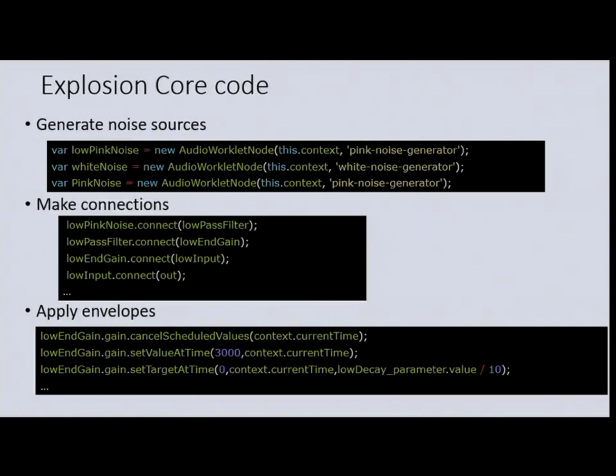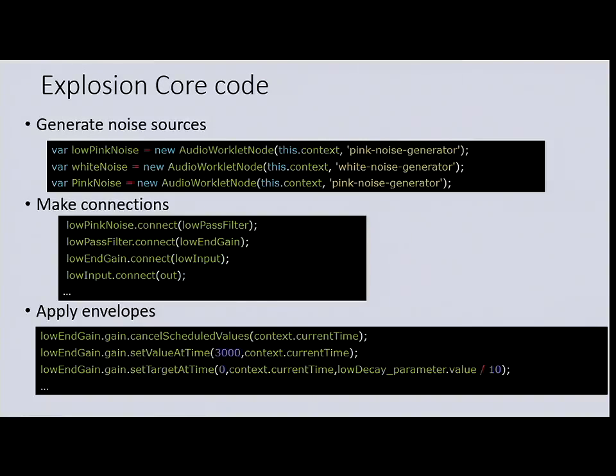And applying the envelopes, we do it by setting a value at a particular time. So it jumps up, it's an explosion, so the attack sounds almost instantaneous. Jumps up to a very high value. We've applied a huge gain here, and that's because we also filter the signal an extreme amount to keep only low frequencies, and when you do that, you've removed most of the energy in the signal, and so you've made it very quiet. And then we say, okay, we're going to exponentially decay the signal towards 0